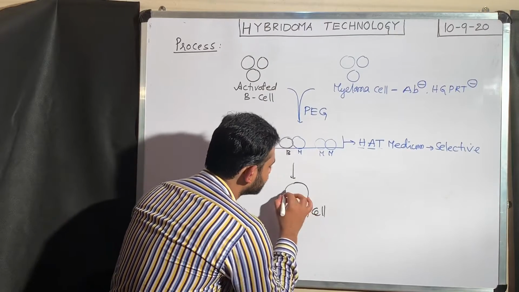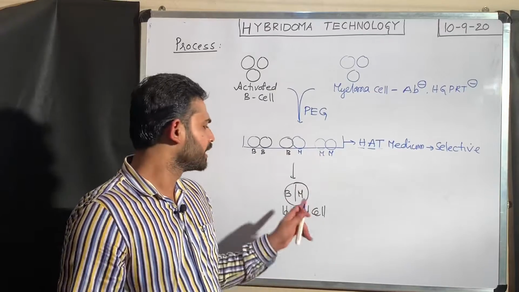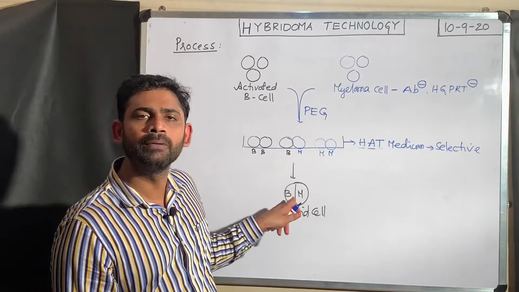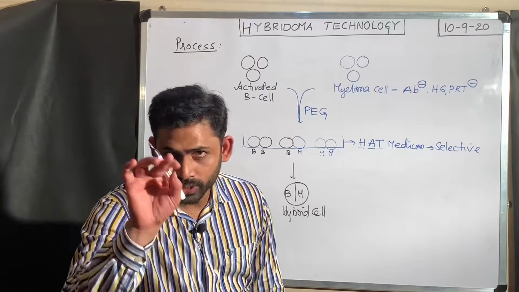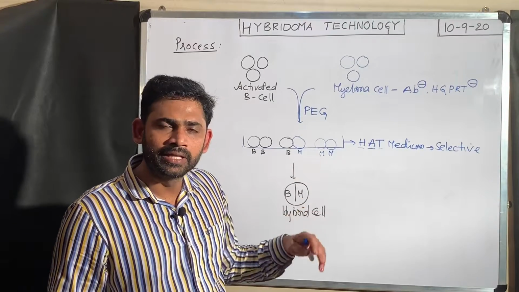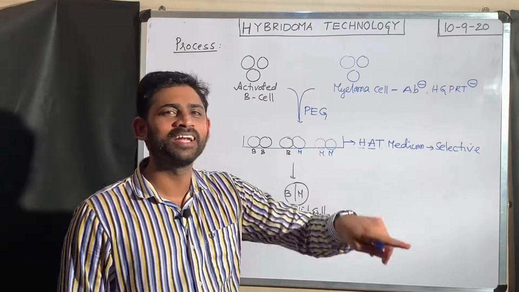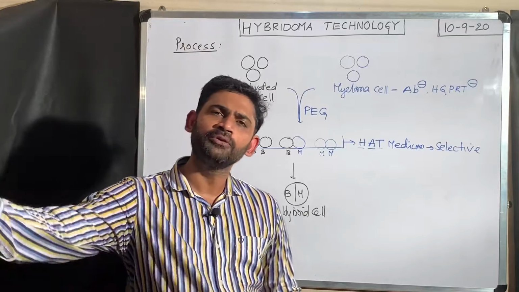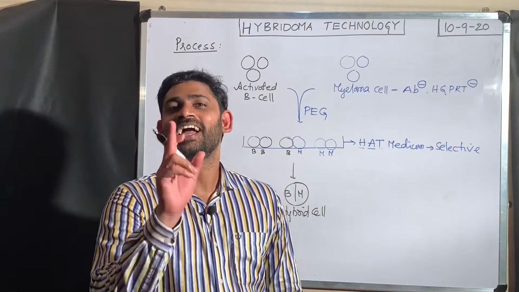Hybrid cell. This is a combination of a B lymphocyte and a myeloma cell. That means this hybrid cell, as the B lymphocyte, produces the desired, required antibodies. The myeloma cell, because it is a cancer, can undergo infinite cell division. That means together, this hybrid cell undergoes infinite cell divisions and continuously can produce the antibodies.